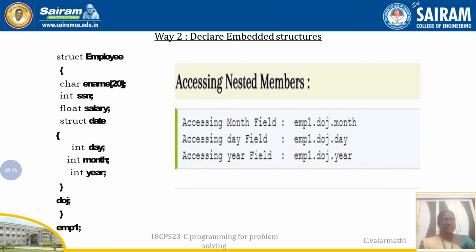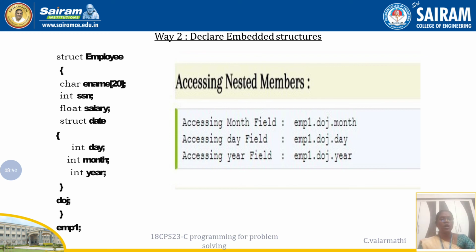Inside the employee structure I have declared one more structure, struct date, with int day, int month, int year. The same content is repeated inside the declaration of the employee structure. Then I have used the DOG variable for the date structure. Then I close the outer structure, right?